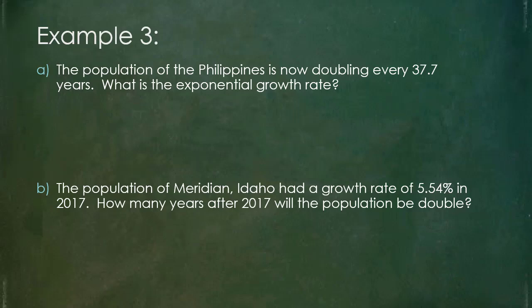So let's go ahead and maybe try out an example of this. In this case, it says the population of the Philippines is now doubling every 37.7 years. So that would be representing a time, or a t. So that should allow me to figure out the growth rate k by just doing k equaling the natural log of 2 being divided by whatever the time was, which in this case is 37.7. So if I took the time to actually type in the natural log of 2 and then divide by 37.7, it gives me a value of approximately